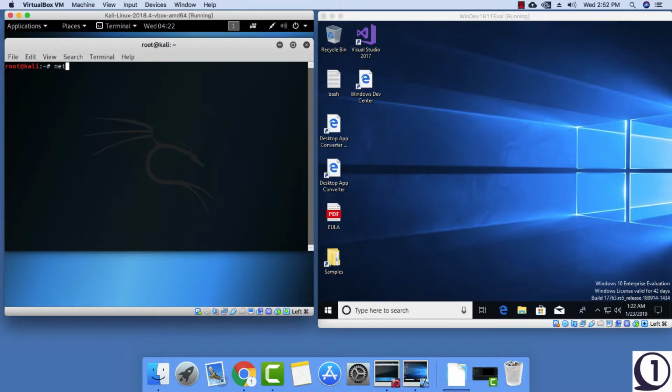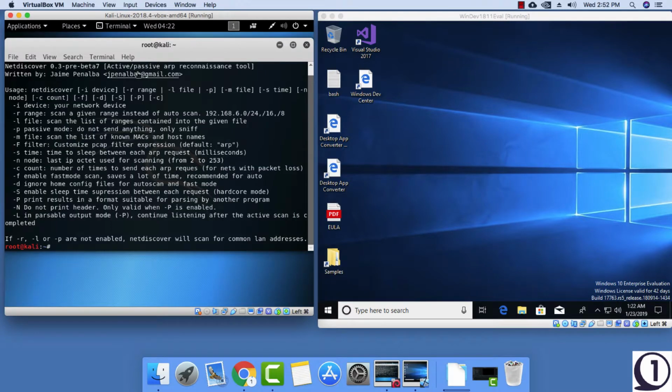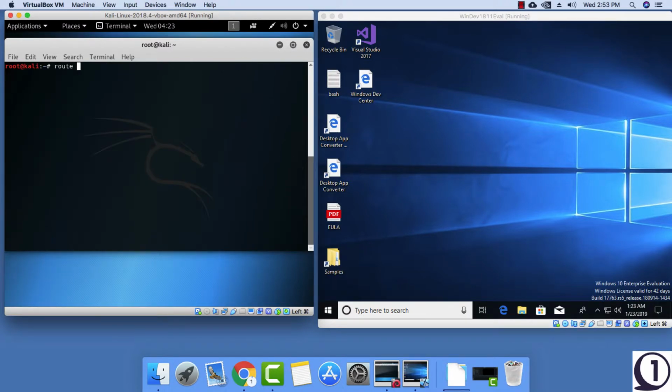You can just open up a terminal and type in netdiscover -h, which will provide you all the details. -h is used for help, and you can use -h with any command to get a description of the command. There are many options available. You can use -r for range. You can specify the range of IP addresses which you want to scan, and we'll take a look at it in detail. For now, let's just clear this out and type in